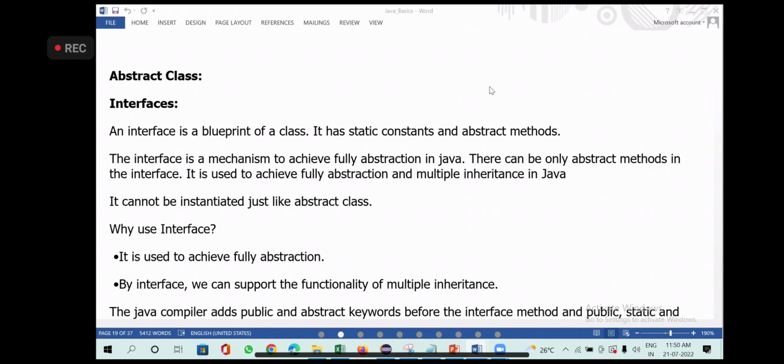Now in the subclass, I also have to put the same method name. Always remember, the superclass method name and subclass method name must be the same. Then only it is considered overriding. When I extend that superclass, I will get two methods. One method is coming from the superclass, and one method I'm going to write with the same name. So now what is going to happen? First I want to execute the superclass method, then I want to execute the subclass method.